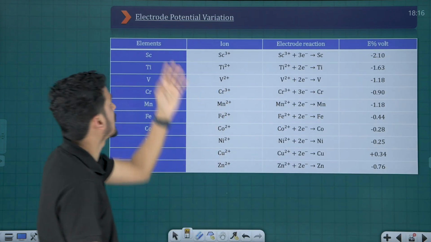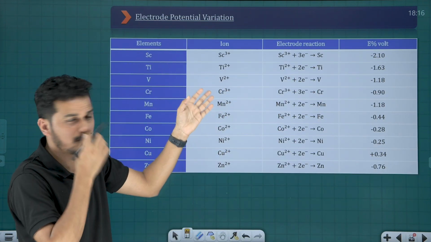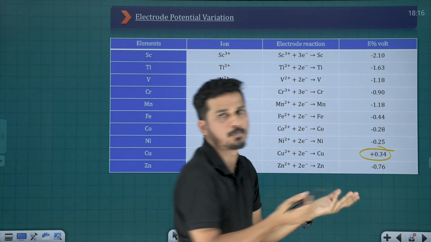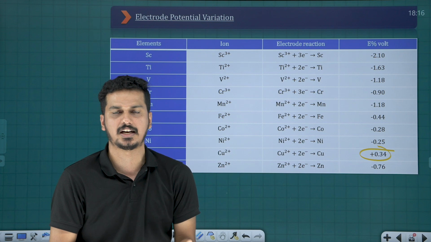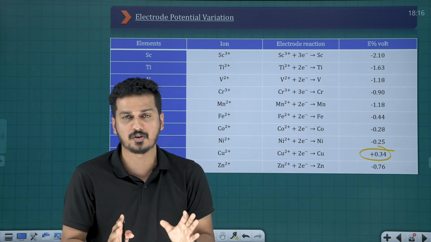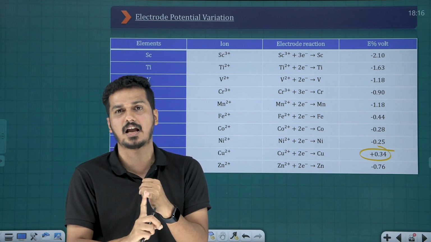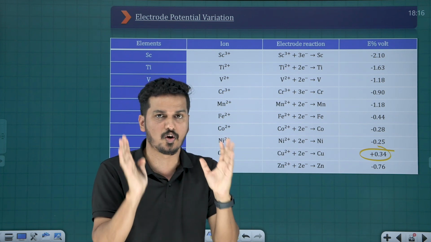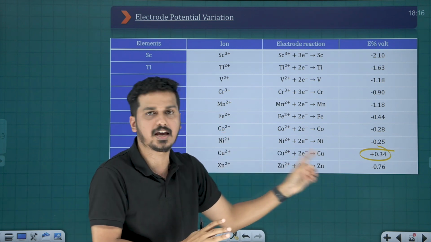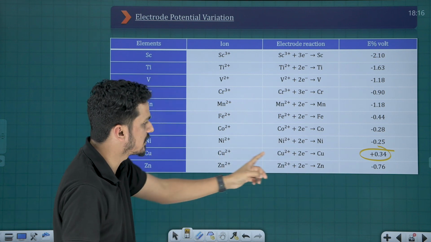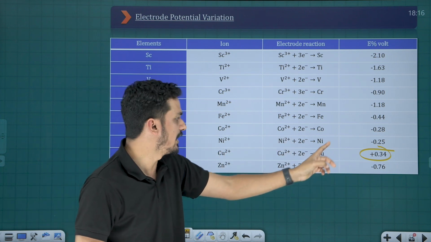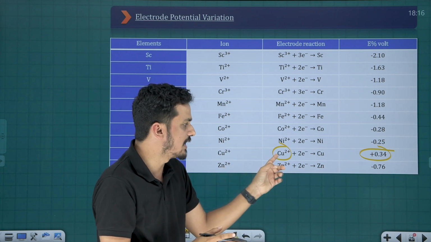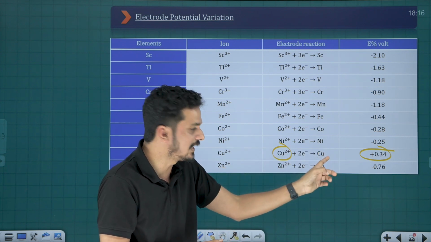Then again, once we are coming to electrode potential variation, you have to remember that it is not varying smoothly, but here in the case of copper and all, it's positive. That is purely related to the electrode potential value. Once you are telling about that, you have to remember about hydration enthalpy and ionization enthalpy. That idea you learned already. That way you have to tell. Here copper 2+ becomes copper. That is very easy. That means copper 2+ is not stable. That's the meaning here. It is easily becoming